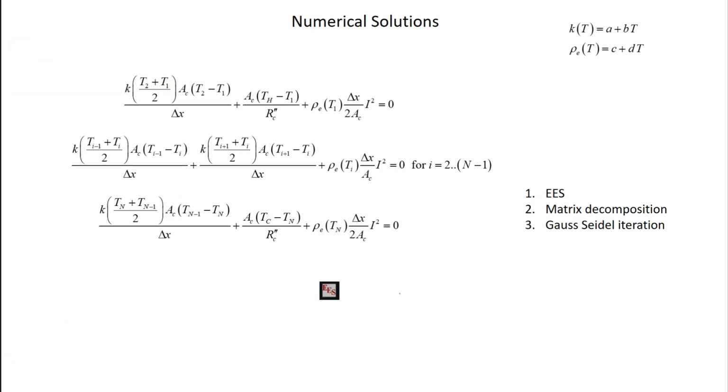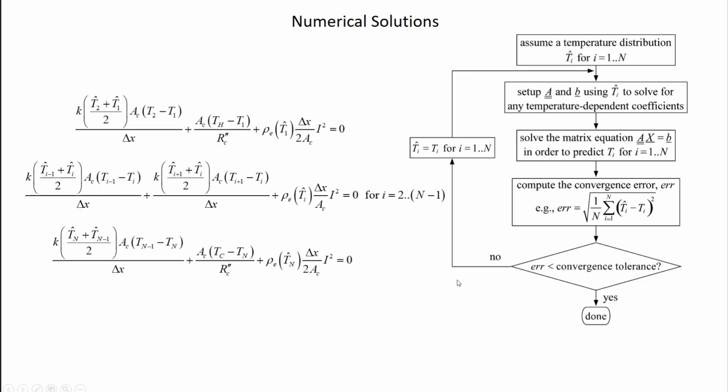Okay, so that's how you do this in EES. You can also do this using matrix decomposition and Gauss-Seidel iteration. Again, you just have to modify your approach a little bit. So if I want to do this using matrix decomposition, then what I really have to do is linearize my